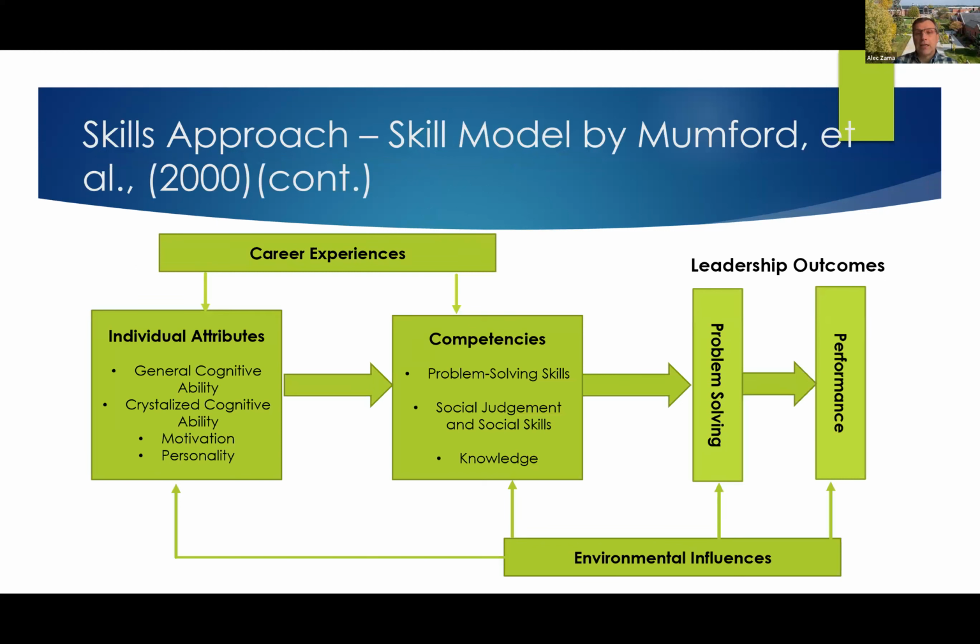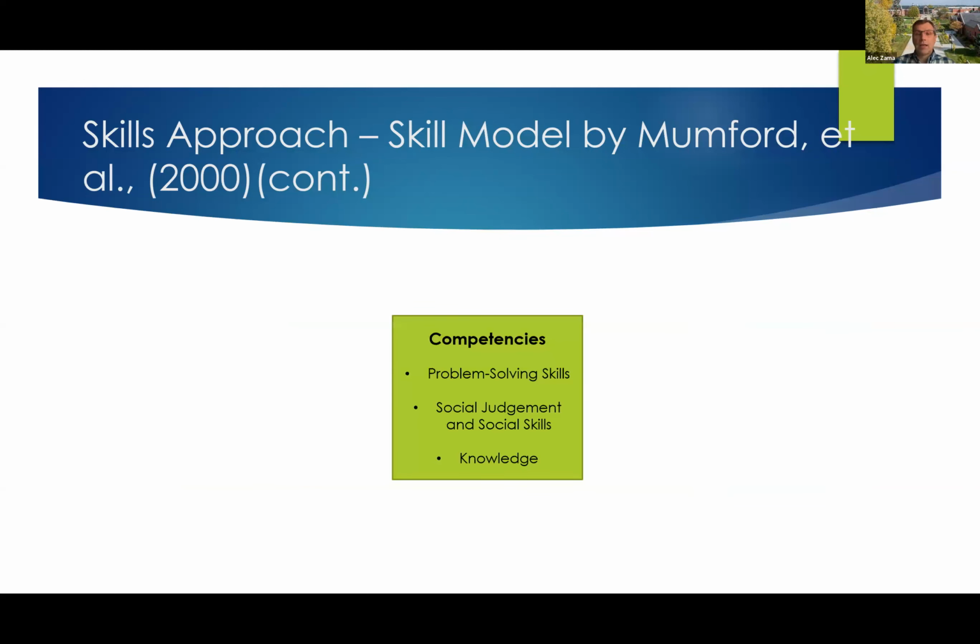It has five elements: the individual attributes, competencies, environmental influences, career experiences, and then leadership outcomes. We're going to look at each of them individually. So we're going to start with the core of this model, the competencies. So competencies